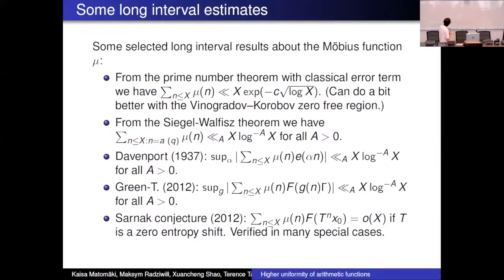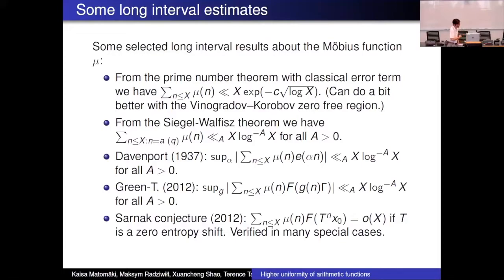More generally, not just periodic functions, but a long time ago, Davenport showed that if you correlate mu against any linear phase, then no matter what, uniformly in the choice of linear phase, you also save any power of log x. I think this was generalized by Hua to polynomial phases. I didn't say that here, but later on we generalized to this more general class of nilsequences.